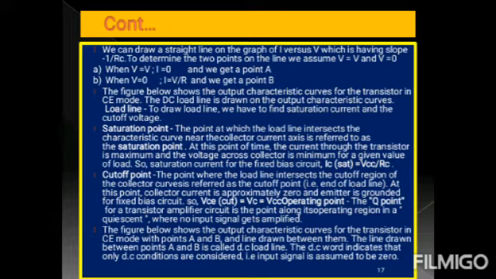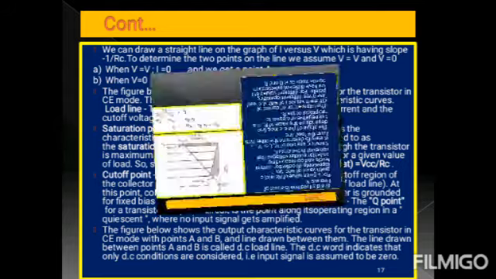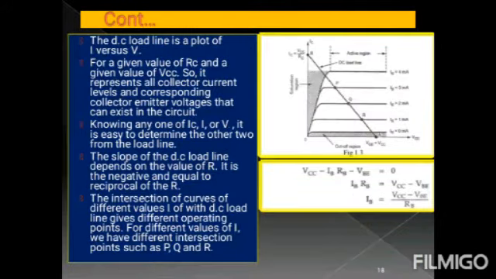So you have to plot this one. You have to draw the connecting line between these two points in your output characteristic, and connecting these two points we are getting a load line. So to draw a load line we have to find the saturation current and the cutoff voltage, as we have already discussed. After finding the cutoff voltage and the saturation current, we can draw the load line.